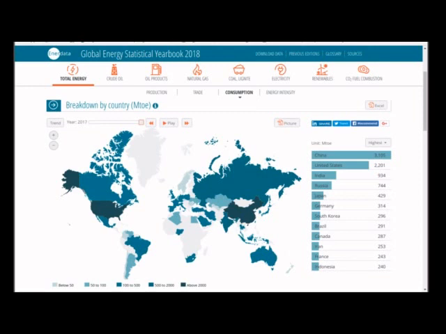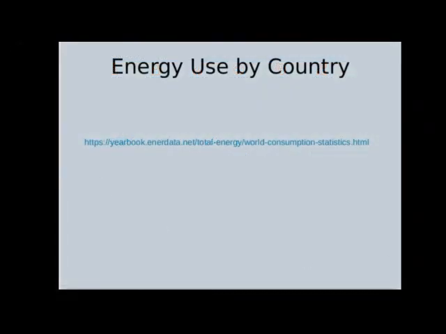Also remember that China and India both have populations about 4 times larger than the United States. So their energy usage per person is still significantly lower than it is in the United States. So I'd like you to explore that webpage a little and figure out in what year China passed the US in total energy usage. You can do that by moving the slider around and looking at the change over each year. But for now, we're going to go back to my slides, and there, again, there's the link to get to that website.